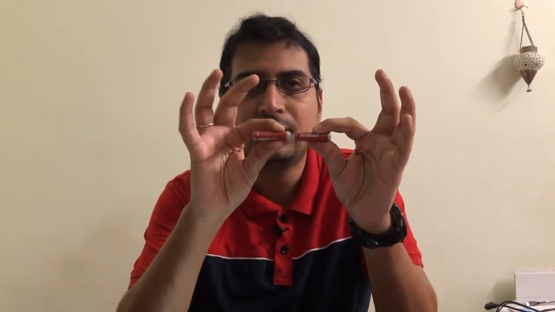Cells are said to be connected in series if the negative terminal of one cell is connected to the positive terminal of the other, and so on. It is not necessary you are going to have only two cells in your hand. You can have multiple cells, right? So let's try to visualize it. So you have the positive terminal. What is the definition saying? If the negative terminal of one cell is connected to the positive terminal of the other cell, then I can say that these two cells are connected in series.